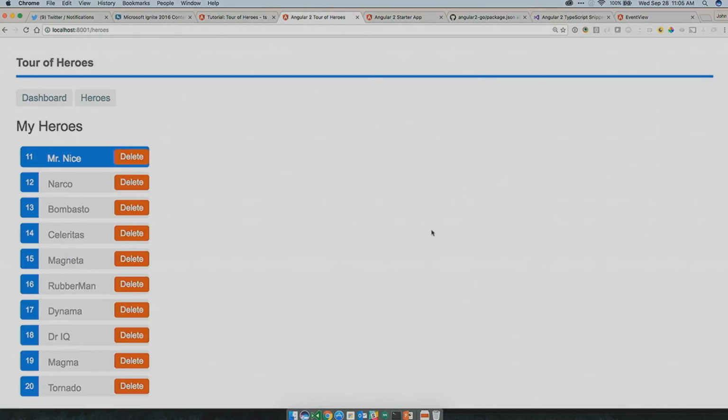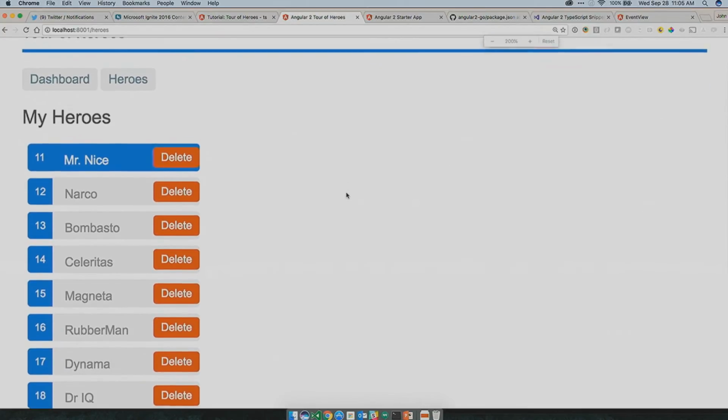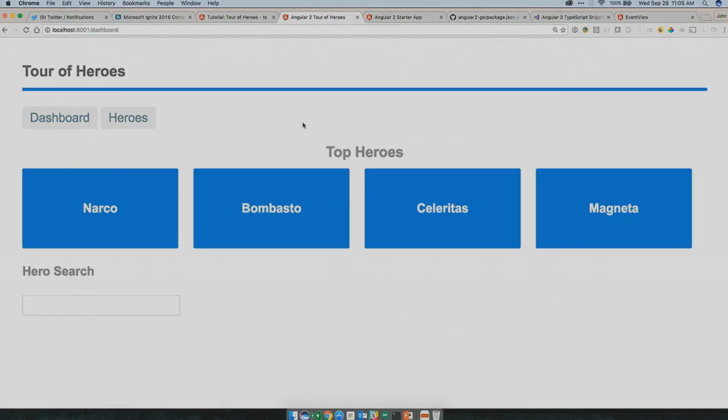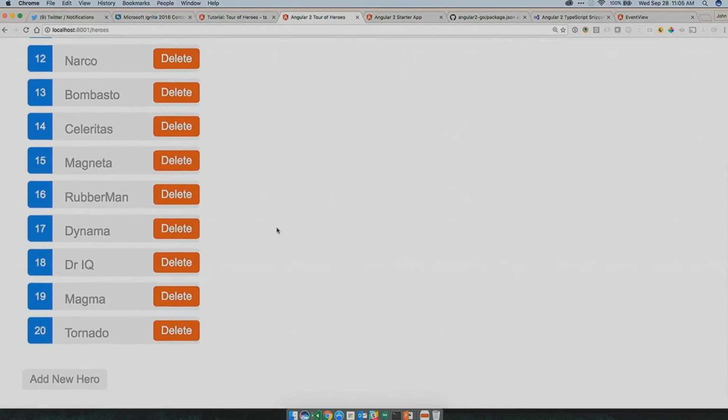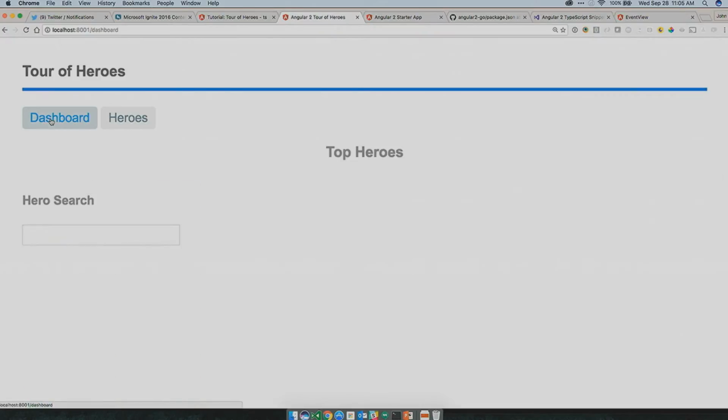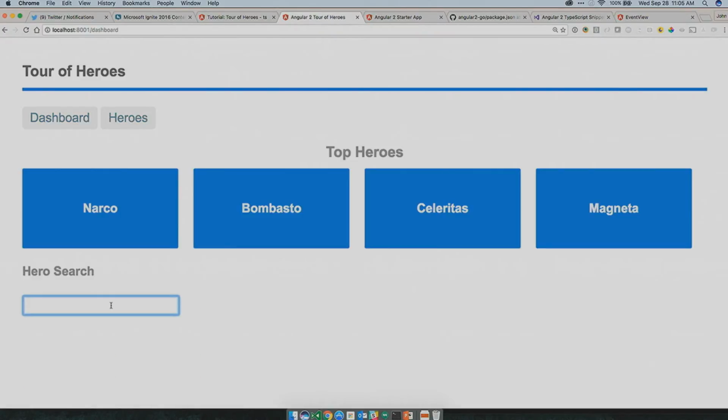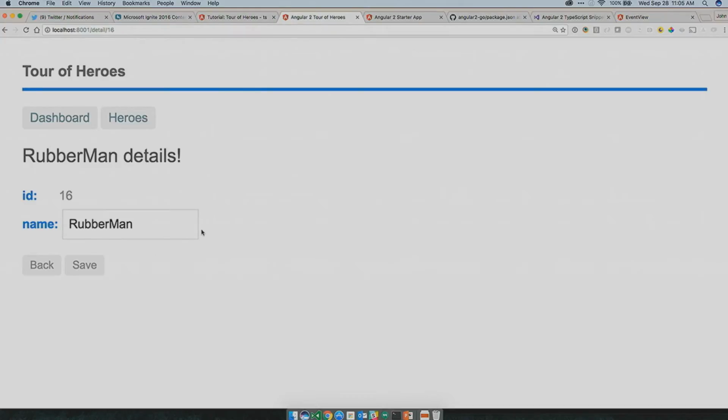And the end result of this, which you can download or run online, is you get an app like this. And in this app, we end up with a dashboard, which shows me my top heroes. And then we've got a list of heroes over here, which we can then select or delete, do whatever we want with. And we can also search through. So I can type in different heroes here. I can also do type heads for other ones. There's a rubber man. That's awesome. And we can change these guys to anything we want.